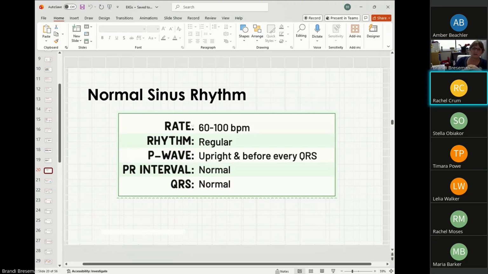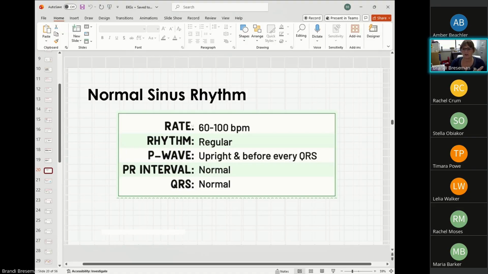Okay, that's fine. So on one side you're going to have the interpretation, on the other side you're going to have the rules, and you can do it both ways. So you can flip it through the sides where you say, okay, normal sinus rhythm, that's a rate of 60 to 100, that's a P wave upright in front of every QRS, that is a normal PR interval. So you just run through it, or you can run through it where you're looking at this part of